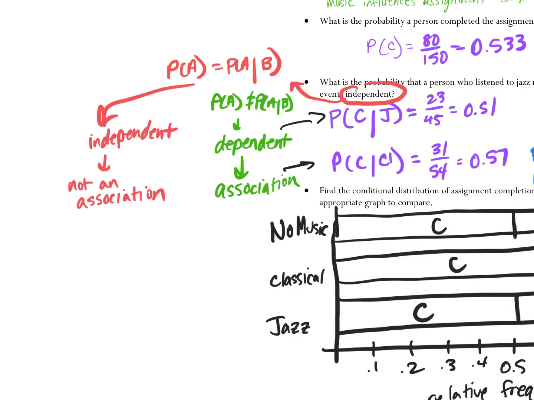I just want to make sure we're all on the same page with that language, because we're going to jump into a whole bunch of that after the break. Independence and association mean the exact same thing. Questions so far? All right, in terms of what is a good stopping place,